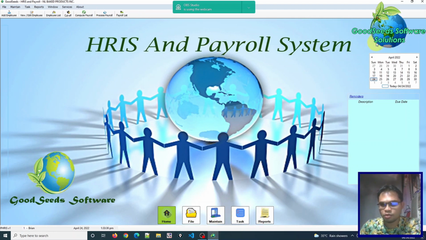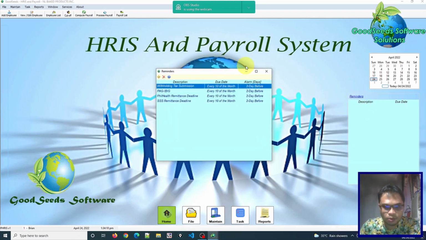So as you can see here, we have also a calendar. So you can check the date, and we have also special functionalities like reminders. So this functionality is very important, particularly when you are monitoring the submission date to different compliance agencies, BIR, statutory reports and requirements. So I think this functionality is necessary and helpful.